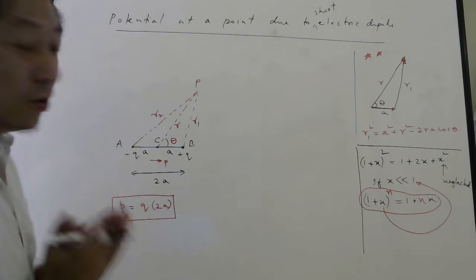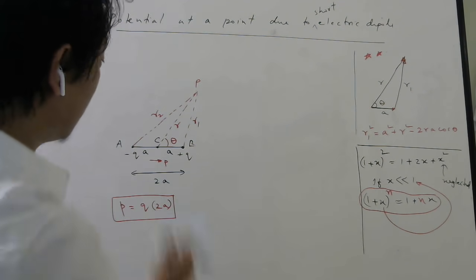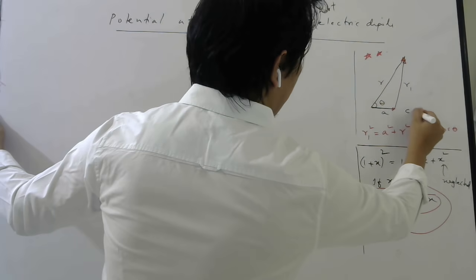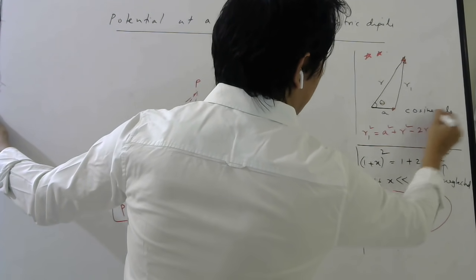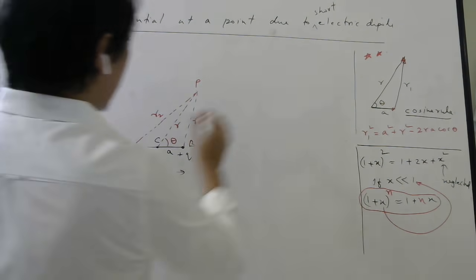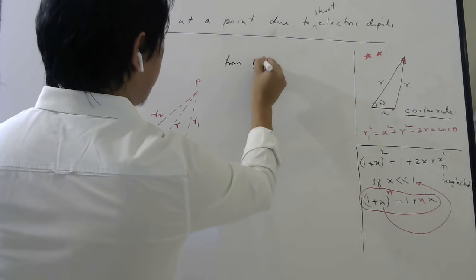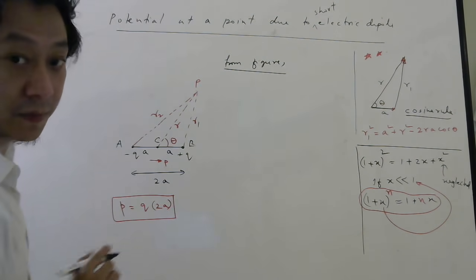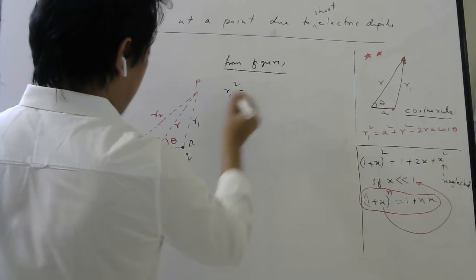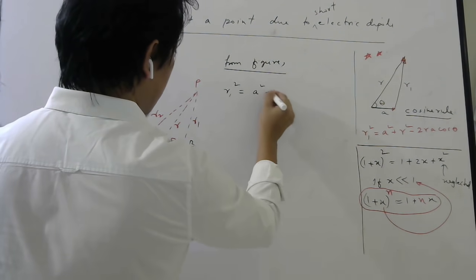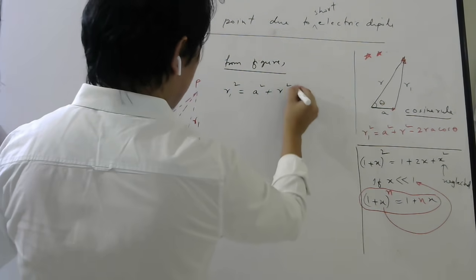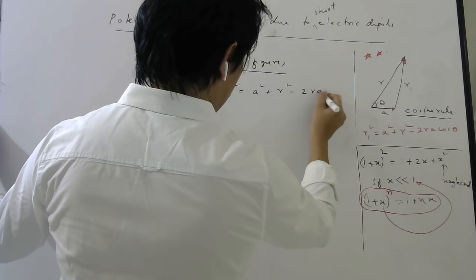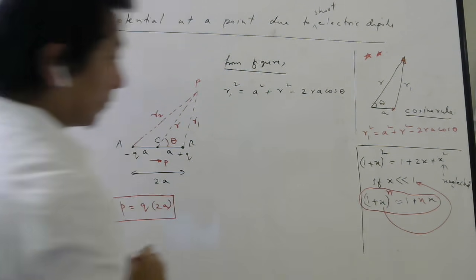Now remember, I want to know 1 by R1 and 1 by R2. So look carefully, see this diagram. Now look at this, this is called the cosine rule. In mathematics, they will usually teach you, I hope. So look at this triangle now. From the figure, we can write r1 square is opposite of this theta. So r1 square I can write a square plus r square minus, see that formula, minus 2ra cos theta. Right, students?